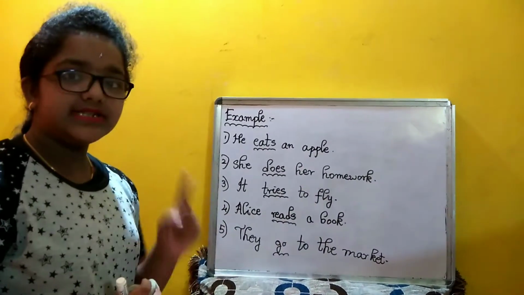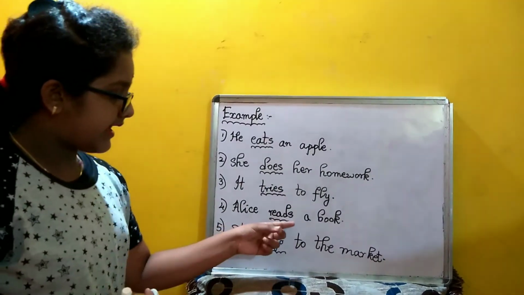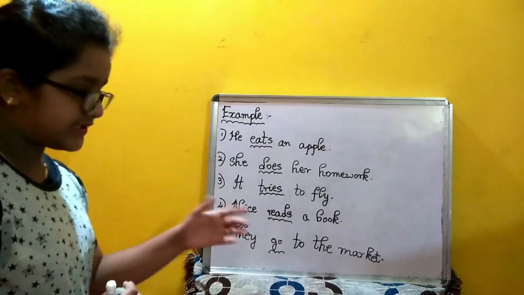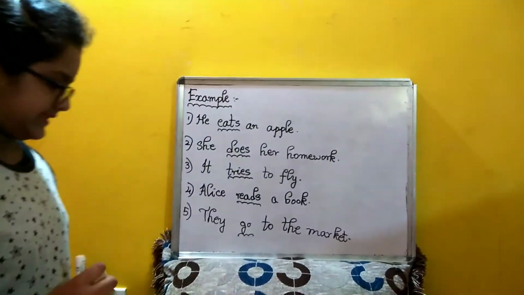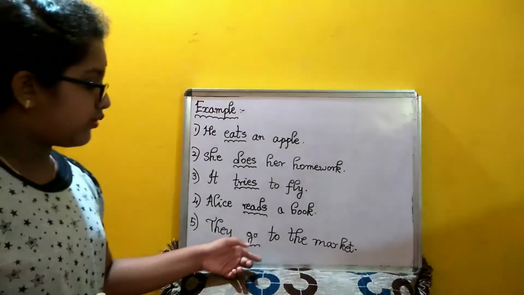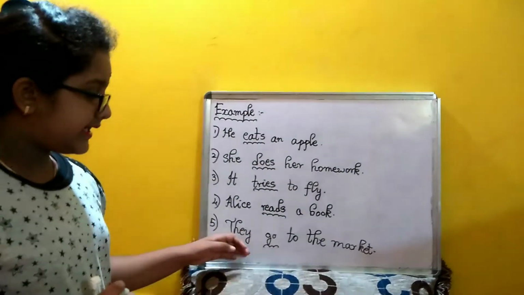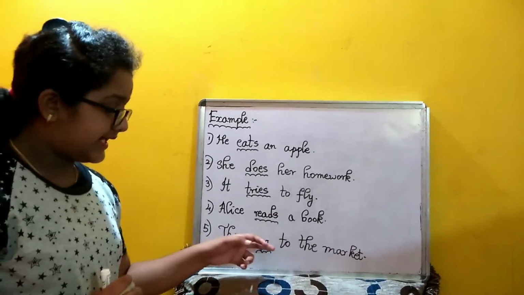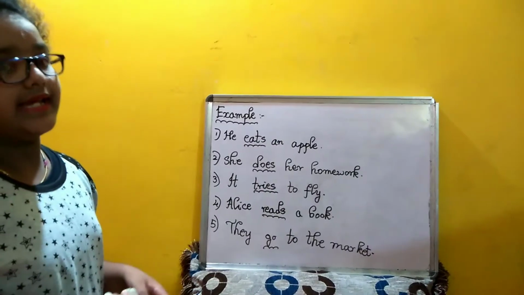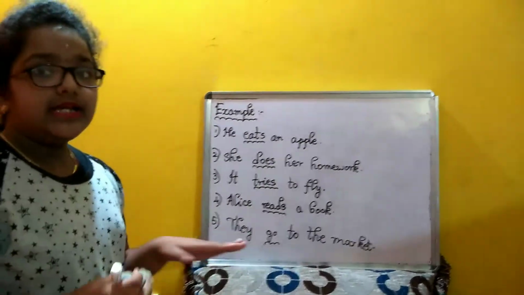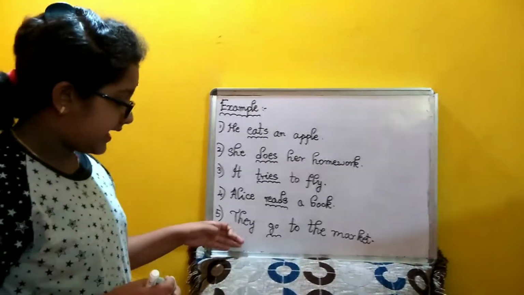The subject is in a singular format. Therefore, we can add s to read, which is a verb. Now coming to the last sentence, which is "they go to the market." Here, let's check out why I didn't write s, es or ies to this verb, because here they satisfy the